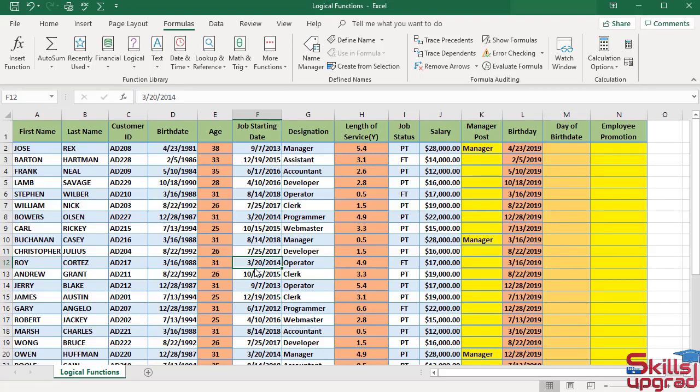Now I test the condition in IF function. How many employees are born at a specific day of birth date? I will nest the DAY function within IF function. First, activate the date cell, click in the formula bar, type equal sign,